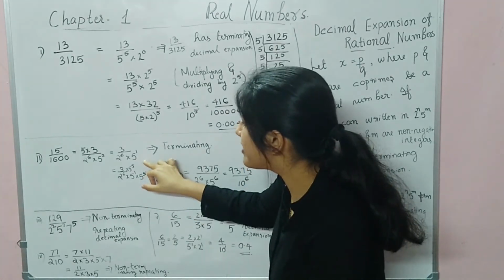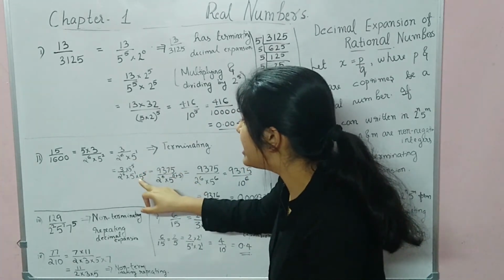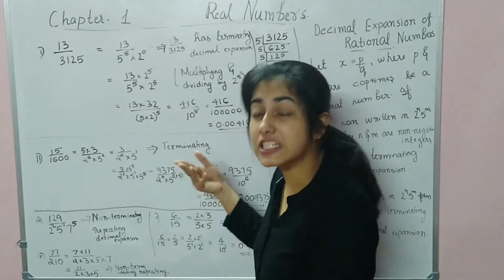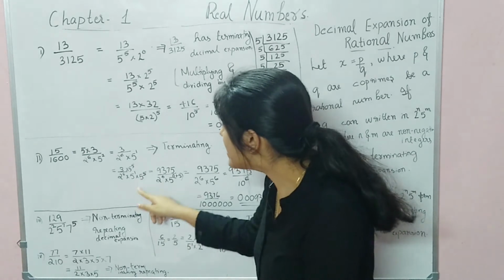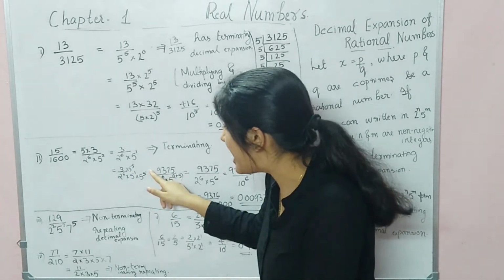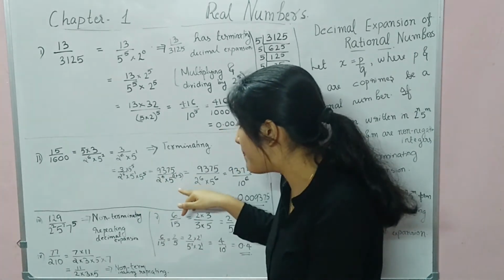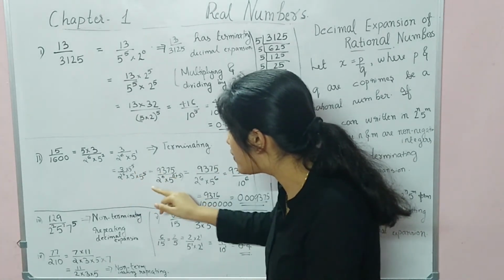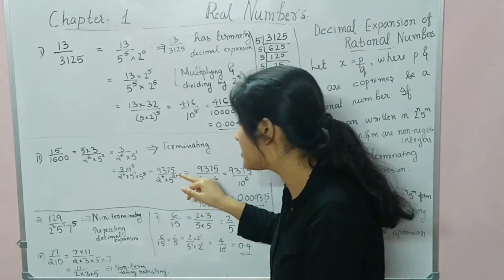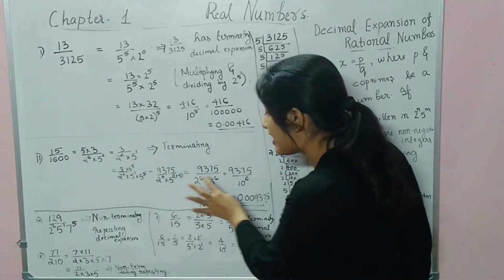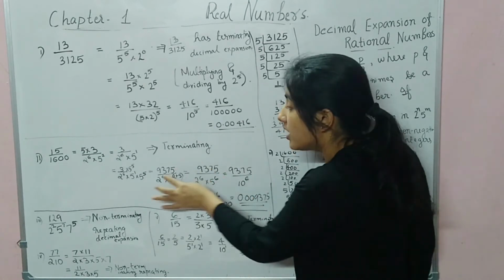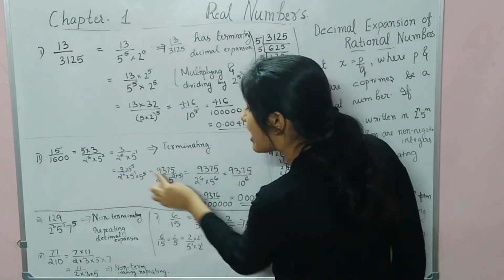So here I have multiplied the numerator and denominator with 5 raised to 5. I have applied the exponential law a raised to m into a raised to n equals a raised to m plus n. So 5 raised to 1 into 5 raised to 5 equals 5 raised to 1 plus 5. So 1 plus 5 is 6. So we get 2 raised to 6 into 5 raised to 6. 3 into 5 raised to 5 equals